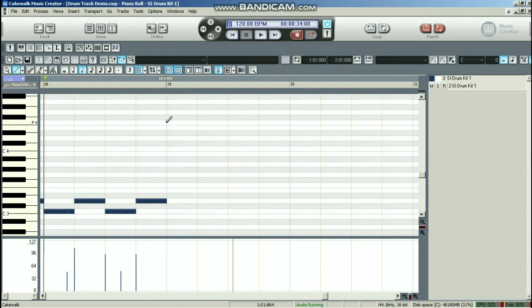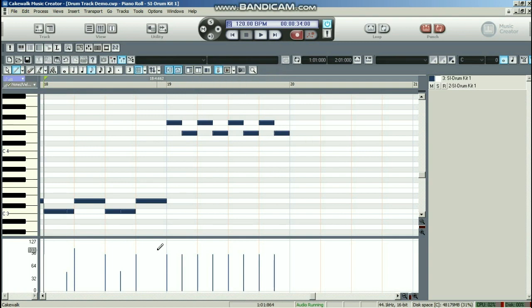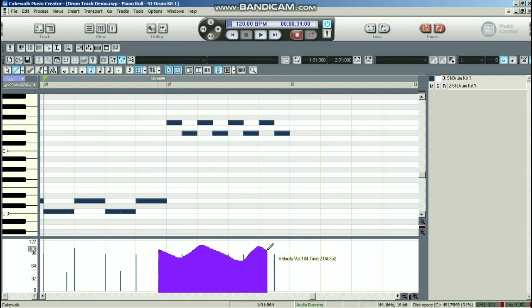For the chorus I will probably go on to a ride cymbal rather than a hi-hat. So let's just do again a basic sort of quaver pattern on ride cymbals, 1 and 2 and 3 and 4 and like that. And as ever, just mess with the velocity a little bit, remembering to put an accent on beat 2 and on beat 4, like that. There